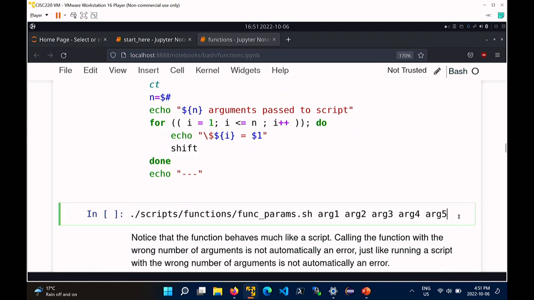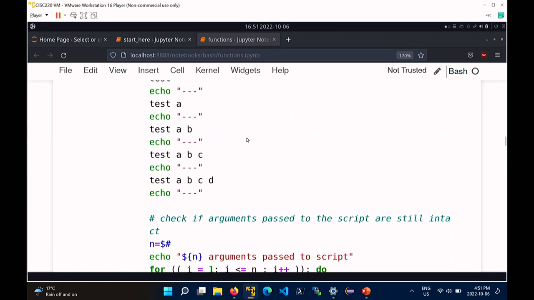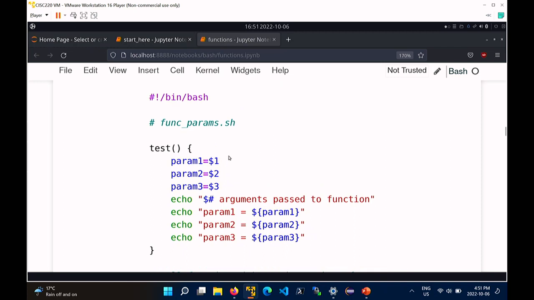So let's run the script. Okay, so here I'm going to run the script. Right, so I've got the script. I'm going to pass in 5 command line arguments to the script. Now remember, in our function up here, we're using $1, $2, and $# as the first, second, and